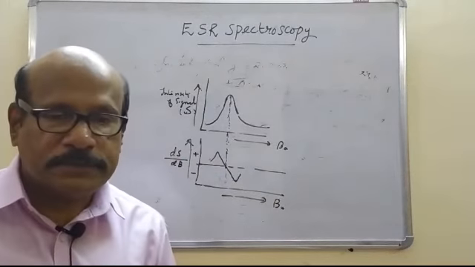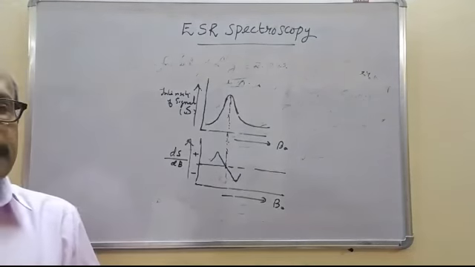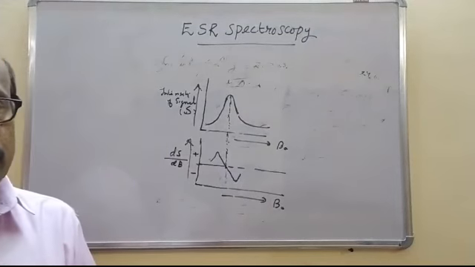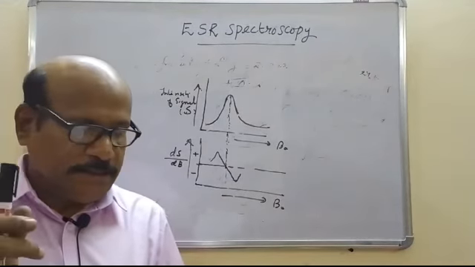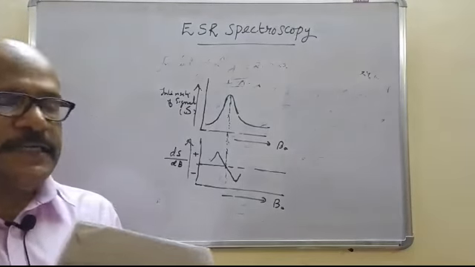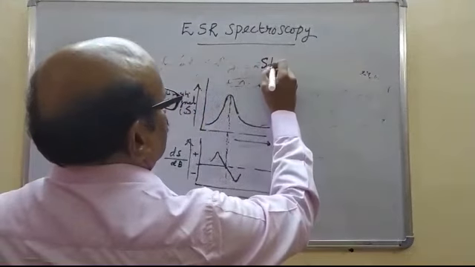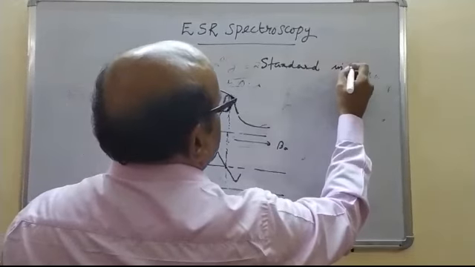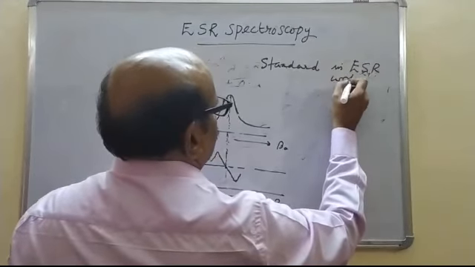So we have to select a standard compound having a known number of unpaired electrons per gram of the material. The most commonly used standard in ESR spectroscopic work is